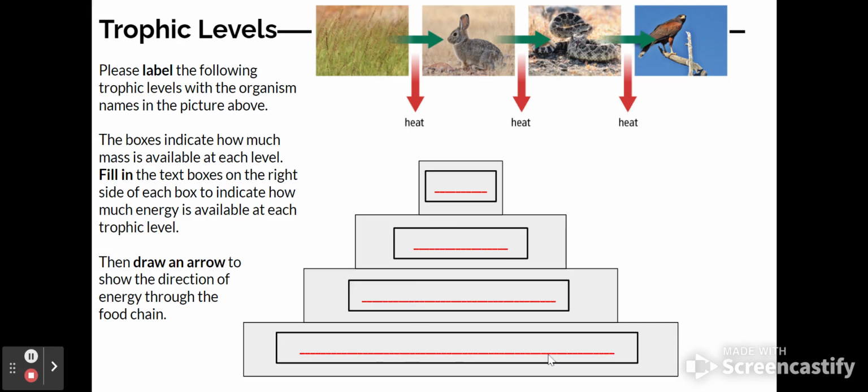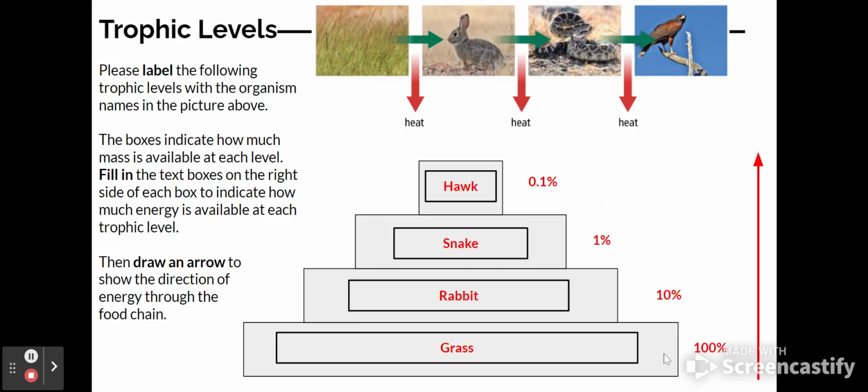You're first going to fill in the blank right here with the names of the organisms that are in the pictures right here. You're then going to draw an arrow that shows the direction of the energy. Is it moving up, bottom to top, top to bottom, side to side? How's the energy moving? And then you're going to fill in the text boxes on the right